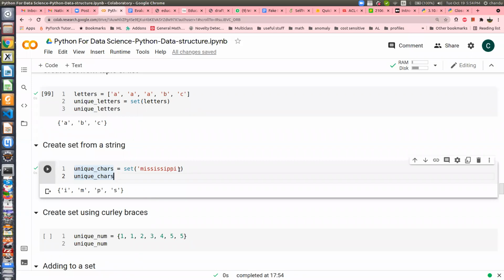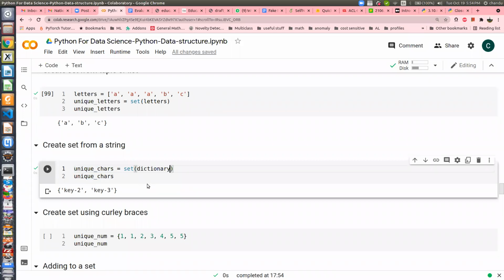If I pass a dictionary, will it work? Let me see. How many of you think that if I pass a dictionary, it will work? Let us see. Even I don't know. Okay, it worked. What it did was take all the keys and make a unique collection. Key 2 and key 3 were there.